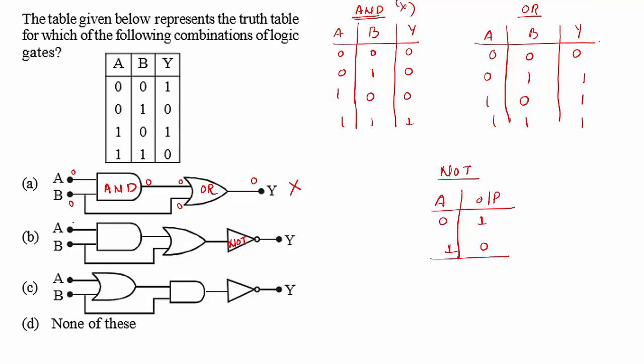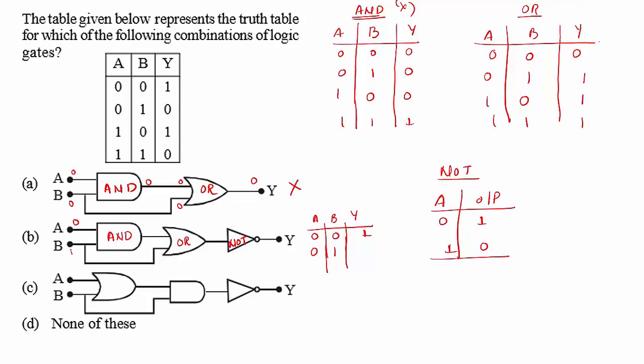Come to the second option. Similarly, we have to check the second option. Initially, the inputs are 0 0. For the AND gate, 0 0 will be 0. For the OR gate, inputs are 0 and again 0. Here the output is 0. For the NOT gate, when we put 0, it is an inverse. So what is the output here? 1. That means 0 0 gives 1. Similarly, we have to check all the values. Next condition, I am going to put 0 and 1. Observe the second diagram.